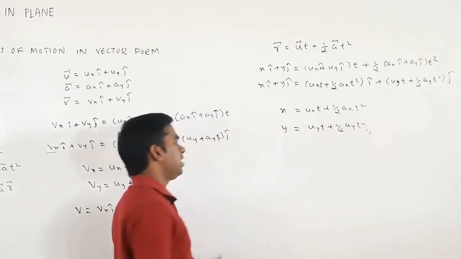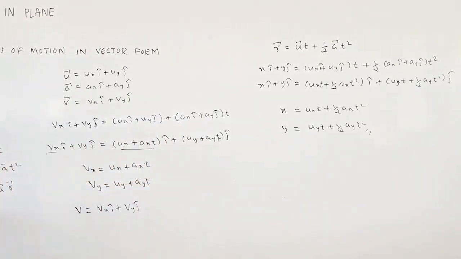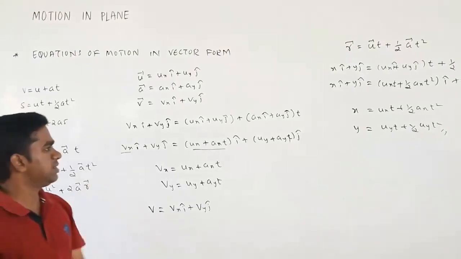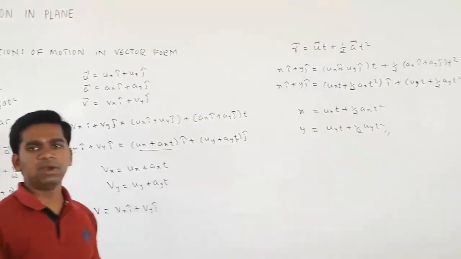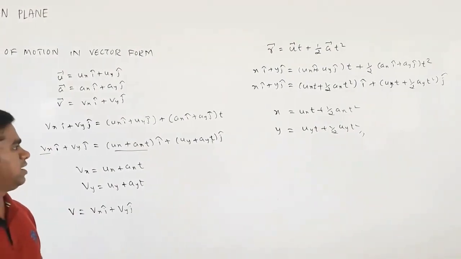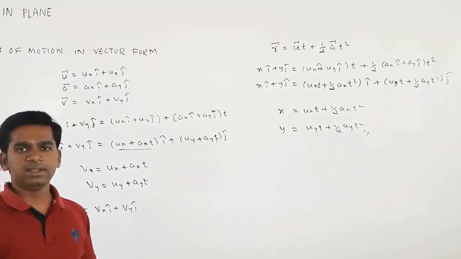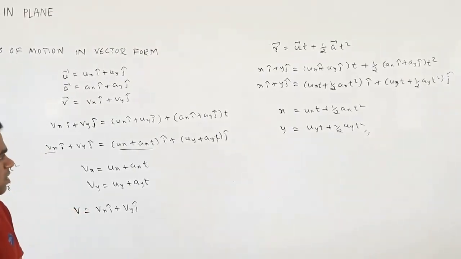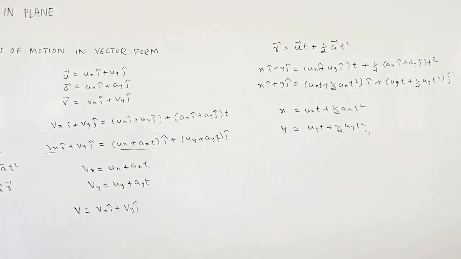Like this you can write. Here v square and u square will become more in terms of magnitude, so we'll see that later. So like this you have to write the equations, and sometimes they may ask you to find only the x component of the velocity or the y component of